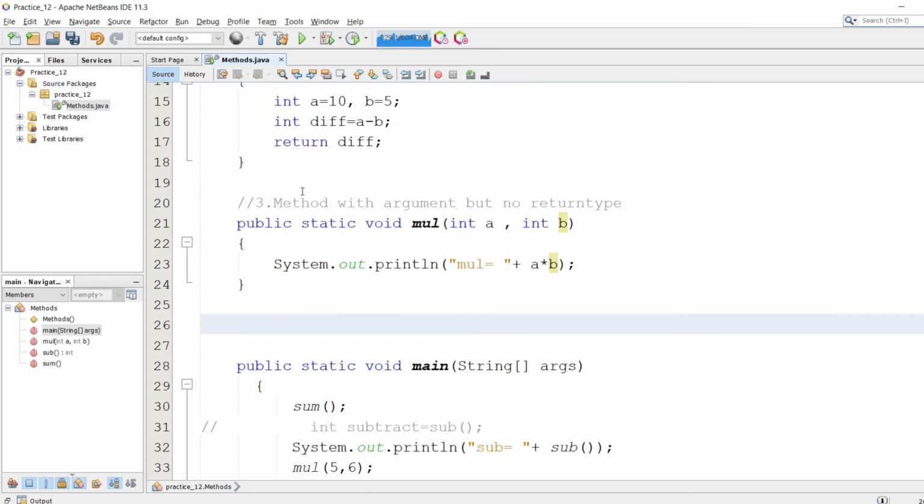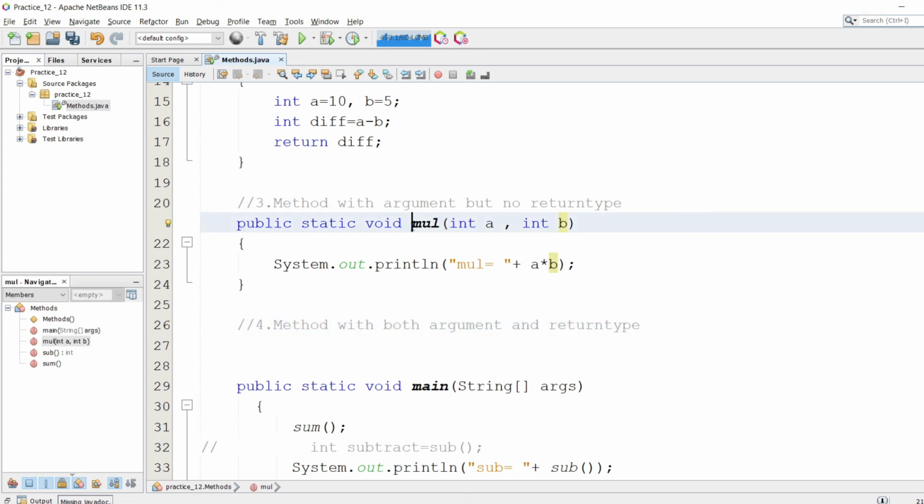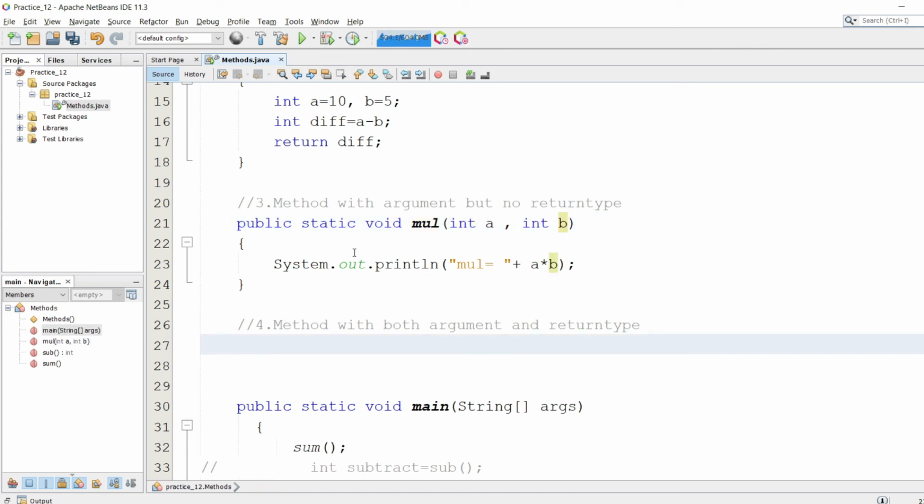So let's see the final variation, that is method with both argument and return type. In the third one, it has no return type but it takes arguments. But now we're going to discuss the method that takes arguments as well as has a return type.